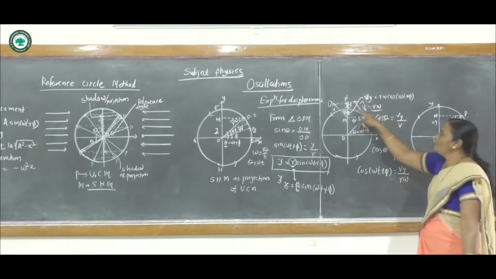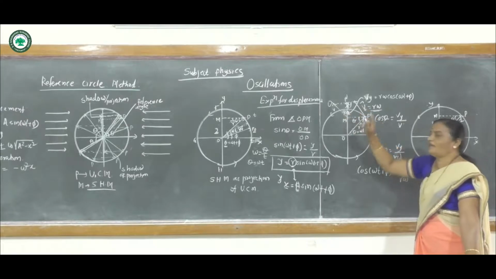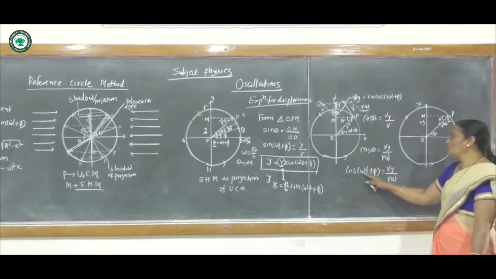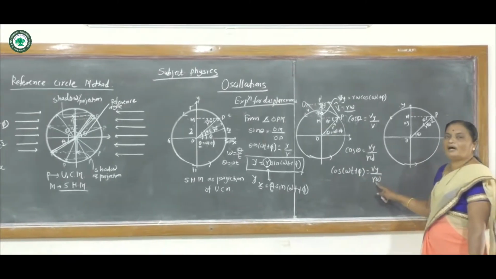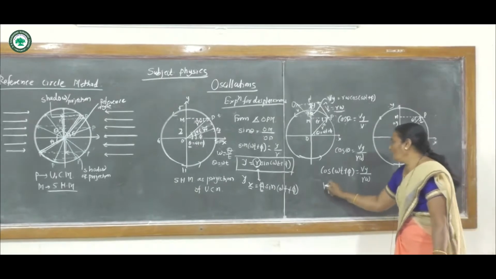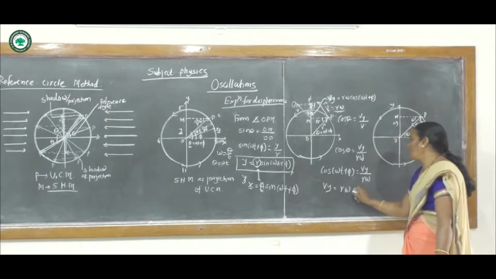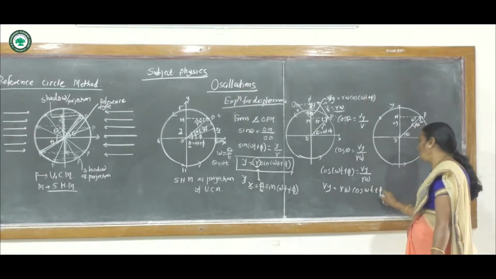These two lines, being parallel, have the same value. Therefore cos of omega t plus phi is equal to Vy divided by r omega. Then Vy is equal to r omega cos of omega t plus phi,